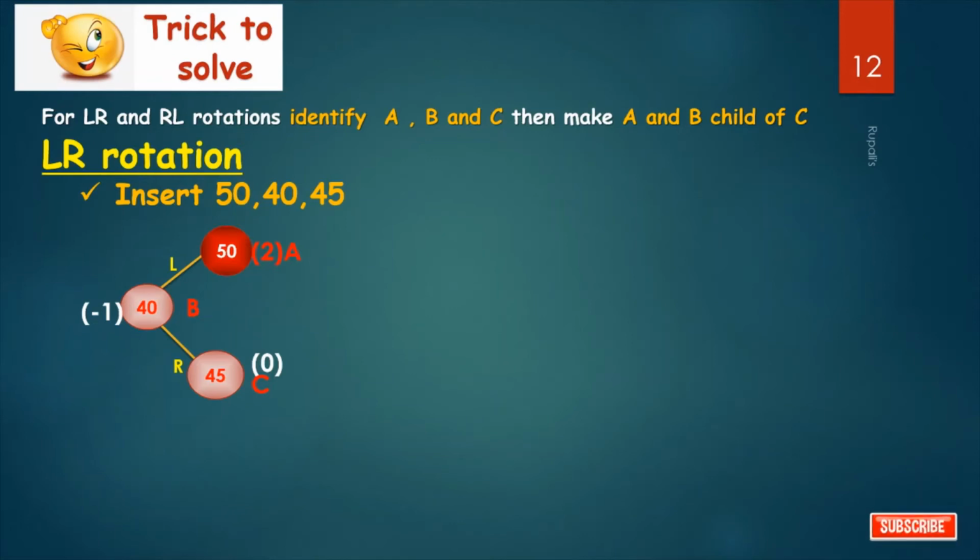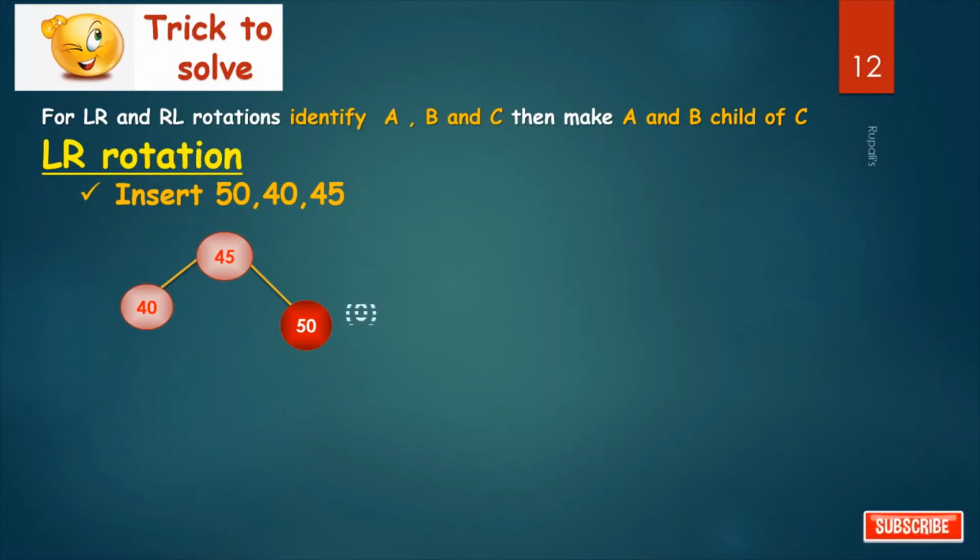Make A and B children of C. So C will be the parent node, and A and B its children. Now see the balance factors. It is 0, it is 0 and it is also 0. So in this way you can give one LR rotation and make your tree a balanced tree.